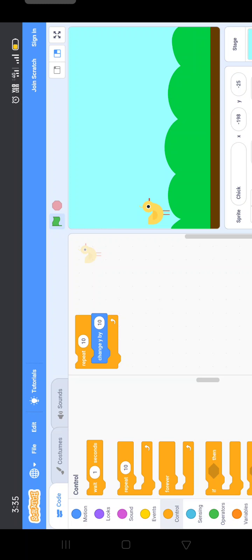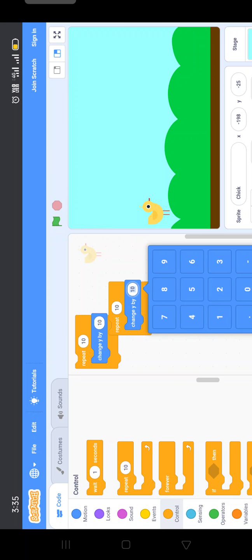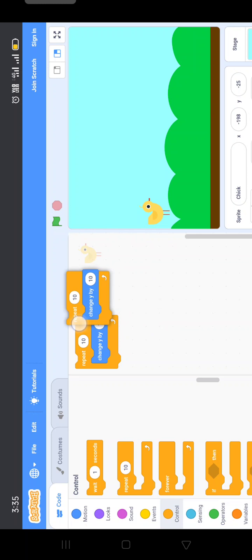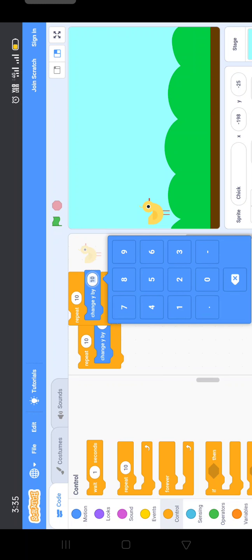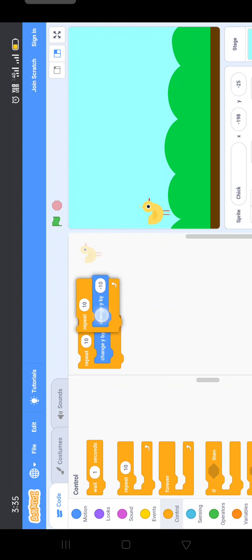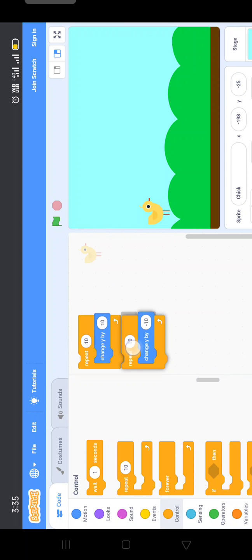To take this character down again, we have to duplicate this code. Just click on that, hold it, and you will get an option called duplicate. Click on duplicate. Then here, change y by 10, you have to change this to minus 10, and place it over here.